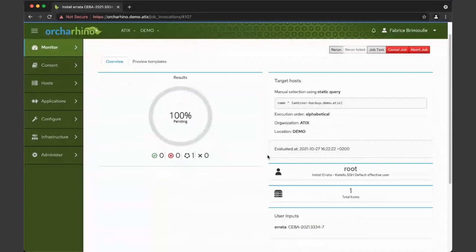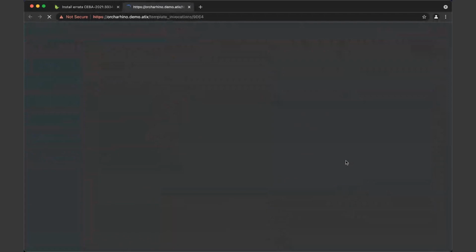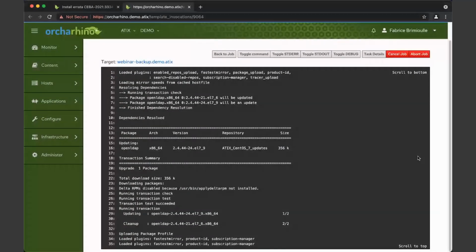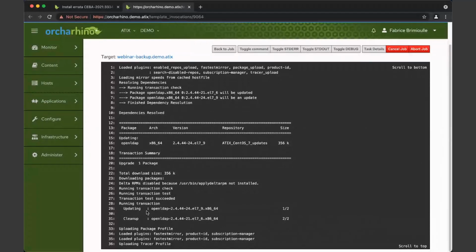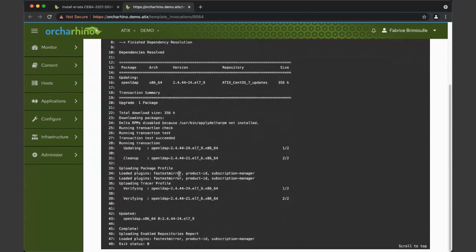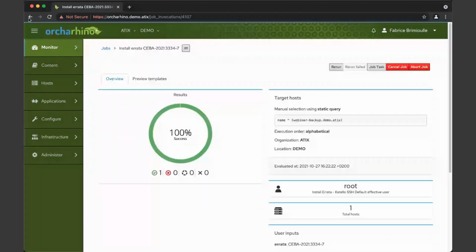It connects via SSH, and the YUM action is going to upgrade the affected packages to a version where the issue no longer exists. So we see it's updating OpenLDAP. It's updating the package profile, so it's telling orcharhino that a new package version has been installed on the server, and it also updates the traces, telling orcharhino if any services need to be rebooted or restarted after the upgrade has run. So now if we go back,